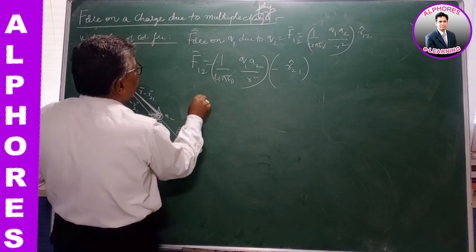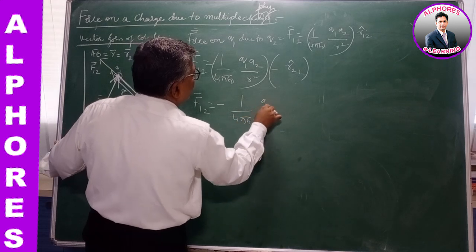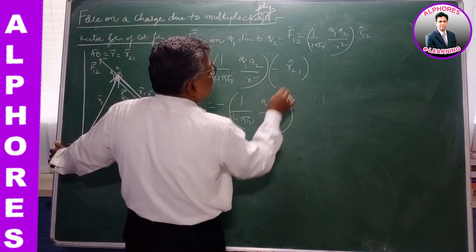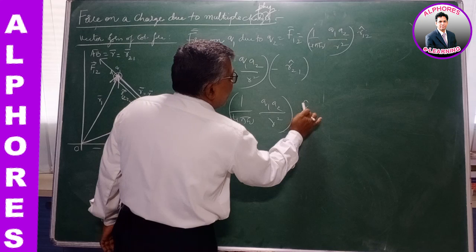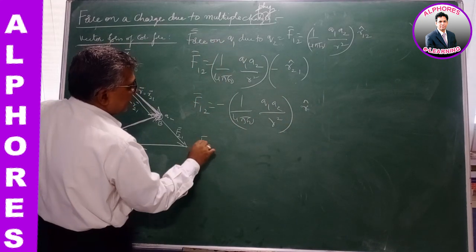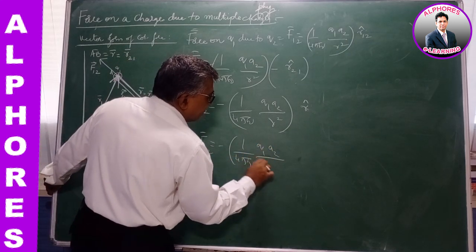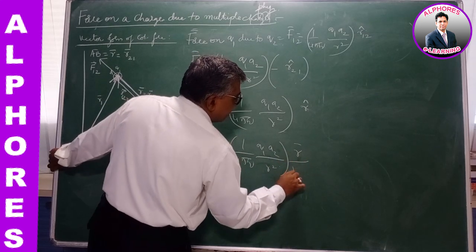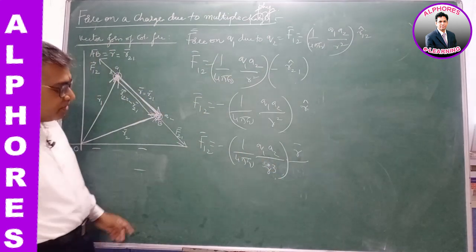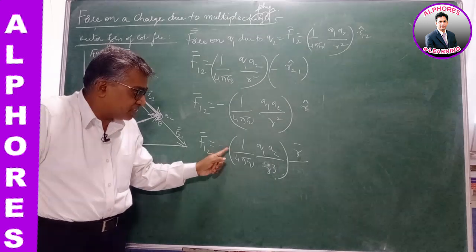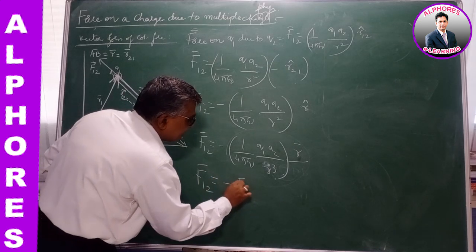Right? So therefore the force on 1 due to the second is minus of 1 by 4 pi epsilon naught Q1 Q2 by R square times R21 cap. But R21 cap, we have just now written, is nothing but R cap. So therefore F12 is equal to minus 1 by 4 pi epsilon naught Q1 Q2 by R square times R bar by mod R. Multiplying this, it is R cube. So therefore the force on the first due to the second is opposite. Now this is nothing but the force we have just now derived, F21 bar.